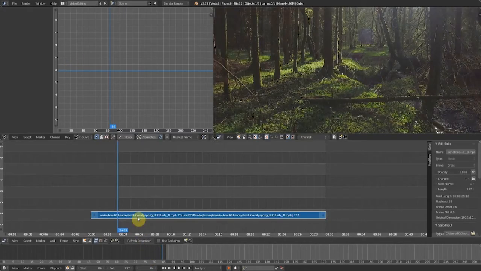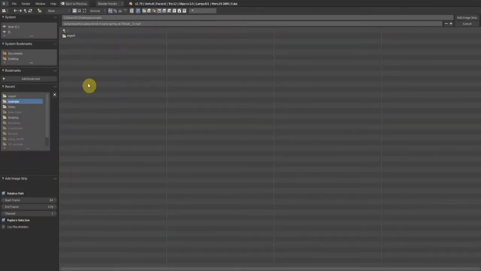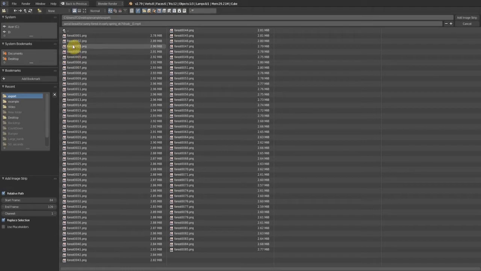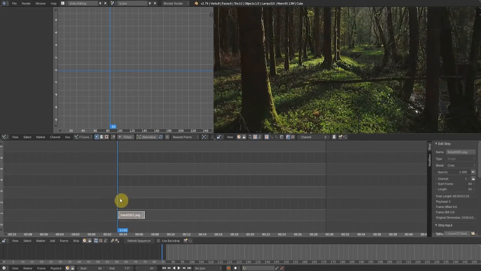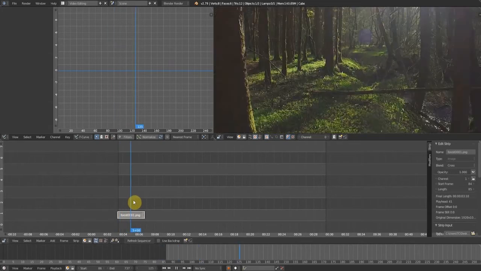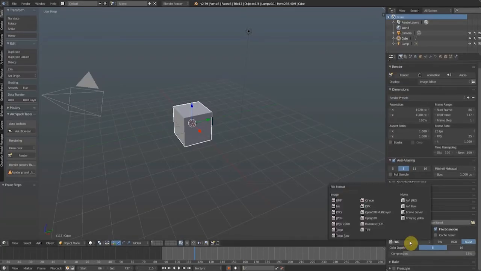And let me just remove this video right now and click add image. Locate the file on your computer, or the files. So these are my images right here. And if I click A, A is the option to select all in Blender, and click add image strip, it would add the images as a sequence like so. Then I could go back and export this by going back to my default, and right here this time I would choose FFmpeg video,